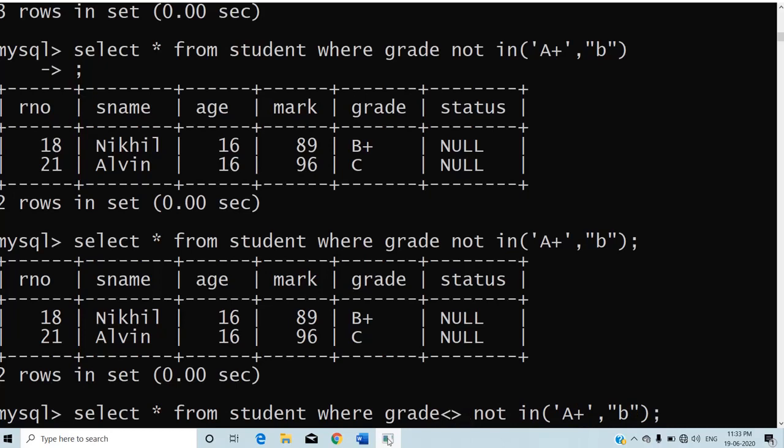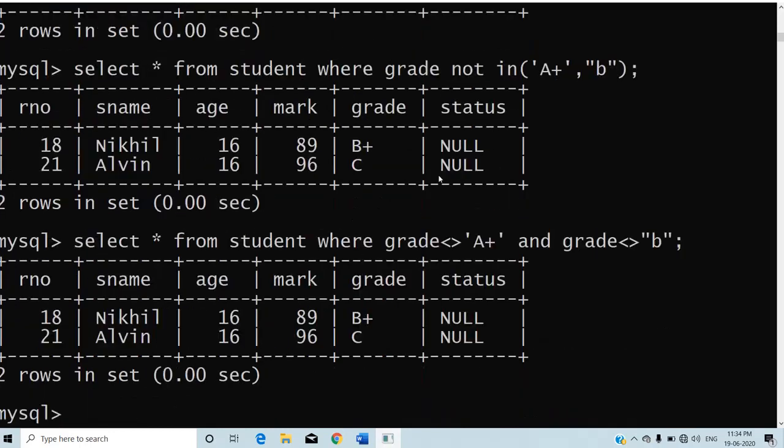This is the not equal to sign in SQL. Press the enter key. You will get the same answer: B+ and C over here. So what I told is NOT IN is replaced with AND.